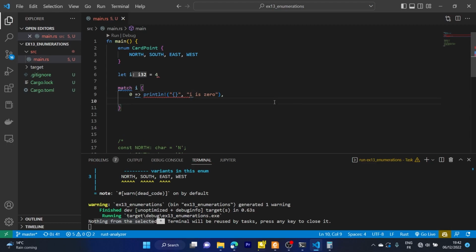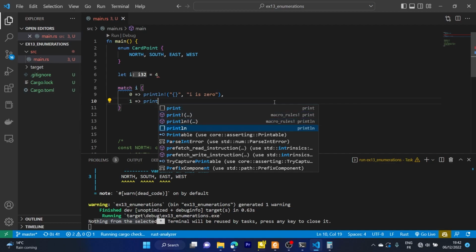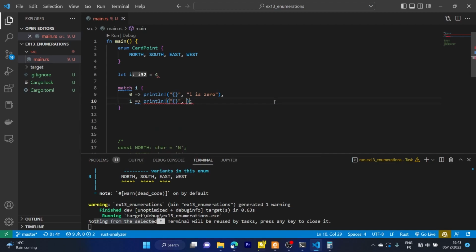And then the next is 1. Let's print line i is singular, right? And then because we cannot actually go through all numbers possibly,